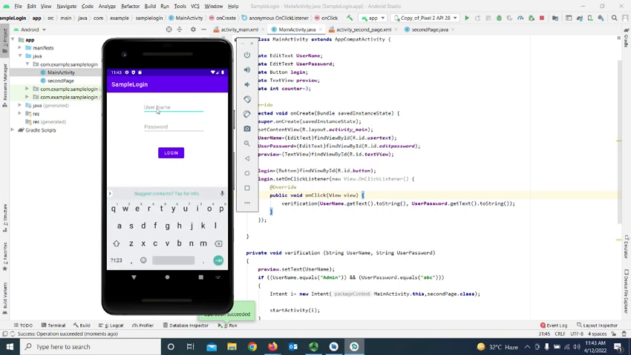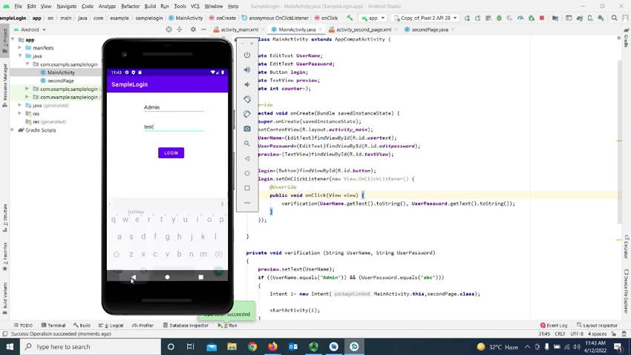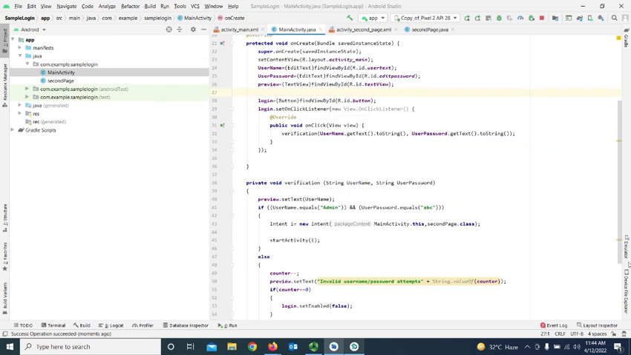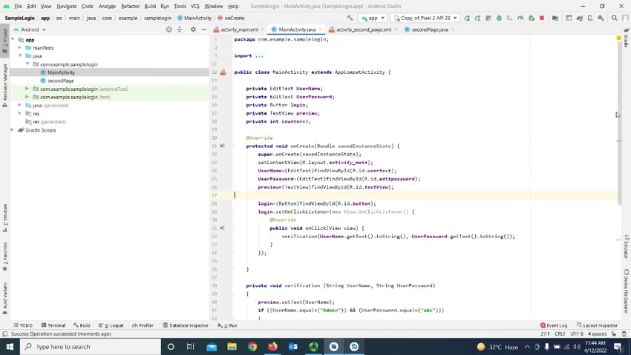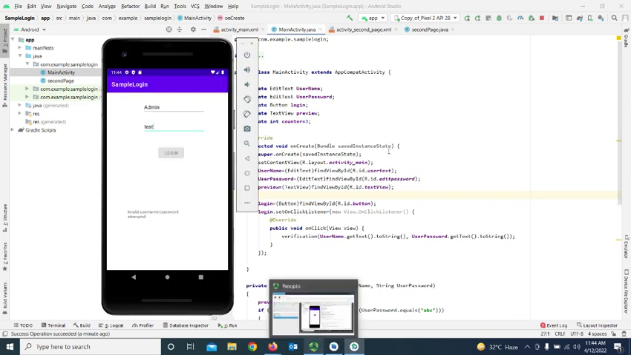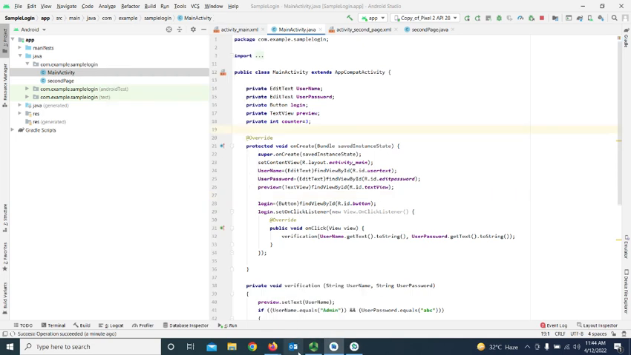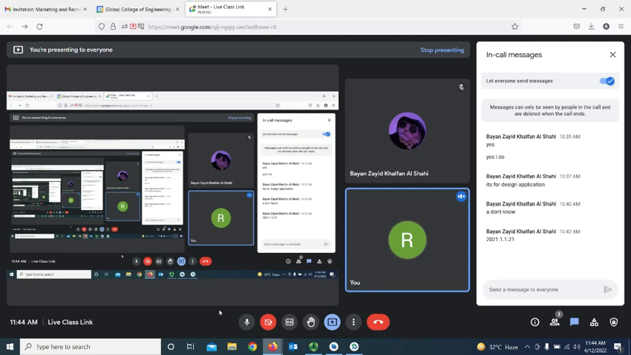Okay, so we'll see with admin, test. Okay, so login. After 0 it will become disabled. So this is done. This is what we have to do for today's session. Because of this emulator, we have to be careful. Yes, if you have any questions,